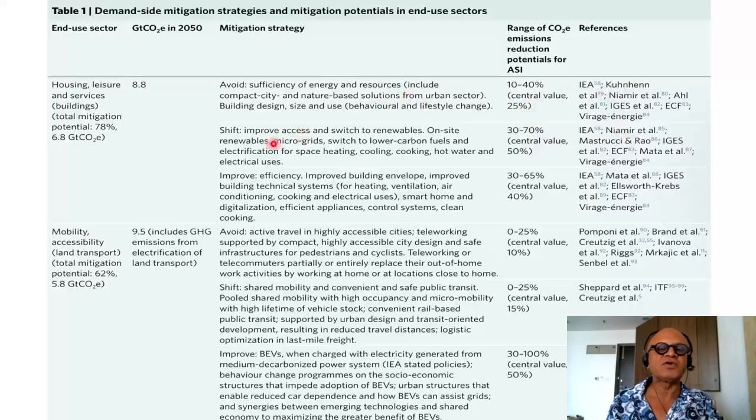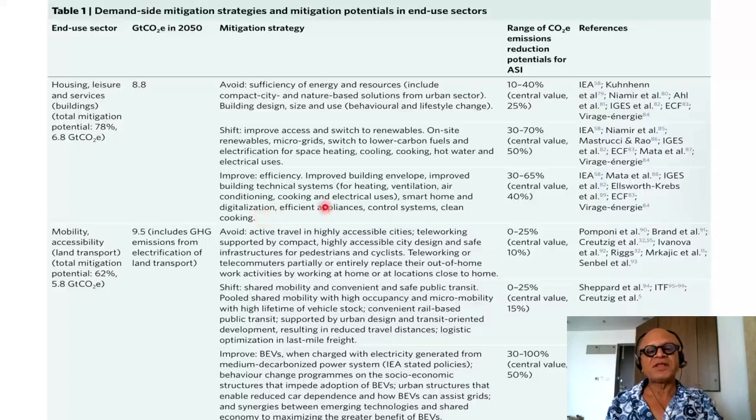These are the references where this material is drawn from. In shift for housing buildings, we have improved access, switch to renewables, on-site renewables, microgrids, switch to lower carbon fuels, and electrification of space heating, cooling, cooking, hot water, and electrical uses. This has a potential of 30 to 70% with a central value of 50% in ASI reduction